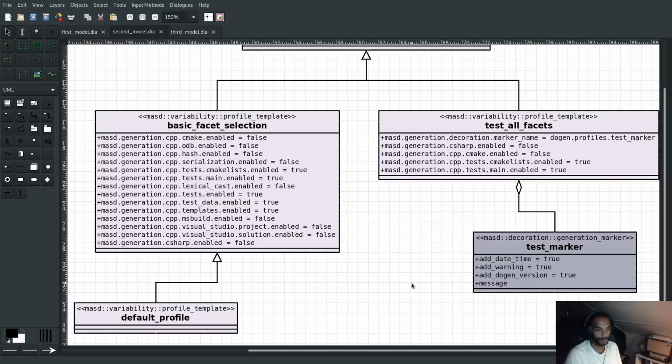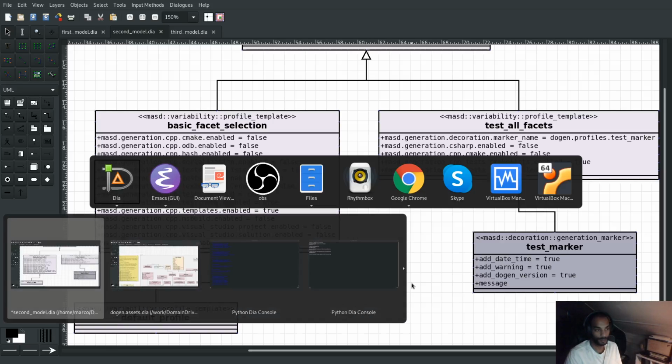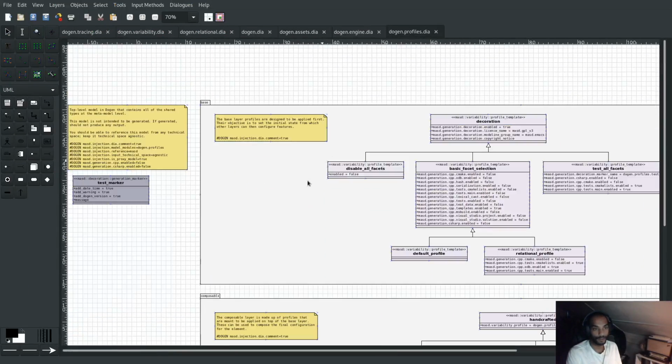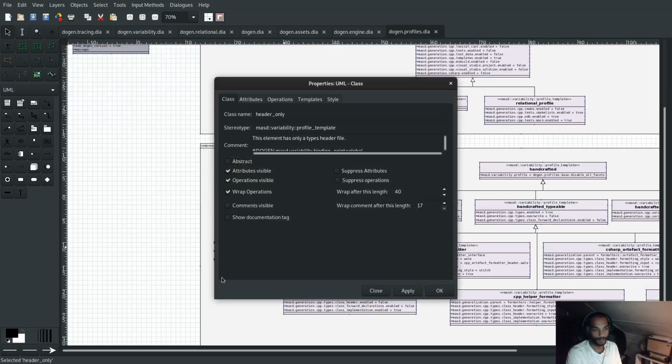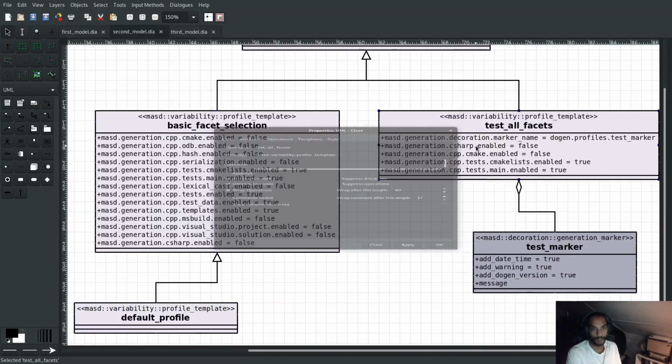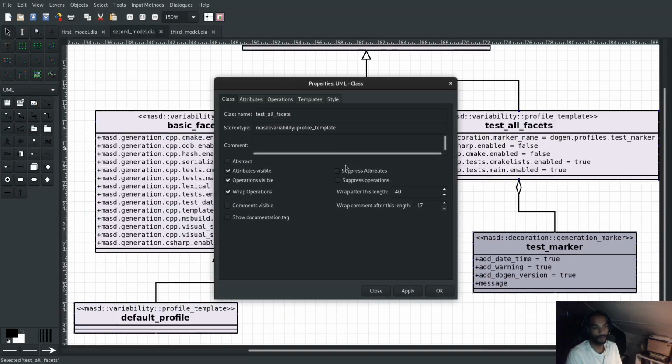What I'll do is I'm going to have to go off script slightly here. I'm just going to grab one of these labels from the Dogen profiles, and then return back to the demo itself. The reason we use these labels is so that we don't have to type in a full path to a modeling element. So for example, if I call this test all facets,